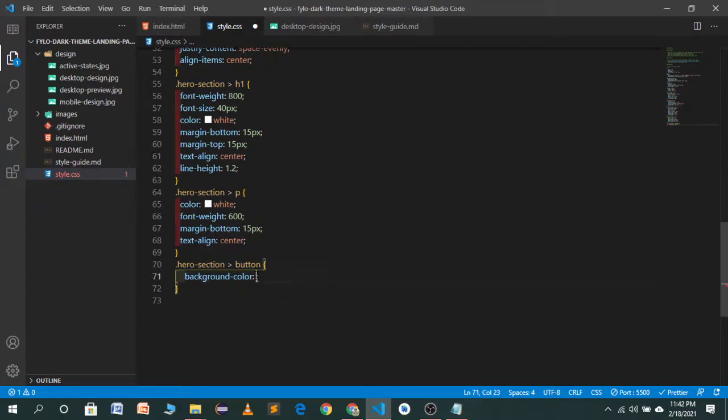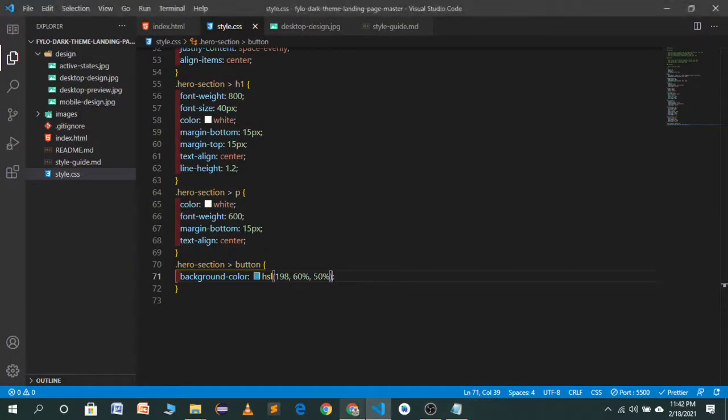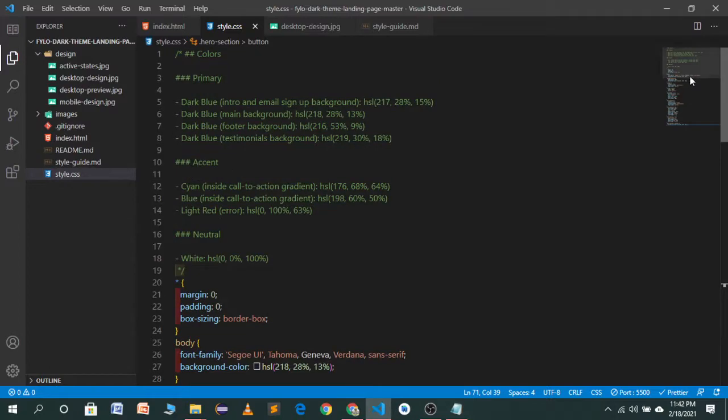Let's see how it will look. So it's not looking great. Dark blue. Testimonial background, intro and email sign up background. Inside call to action. Yeah, gradient.